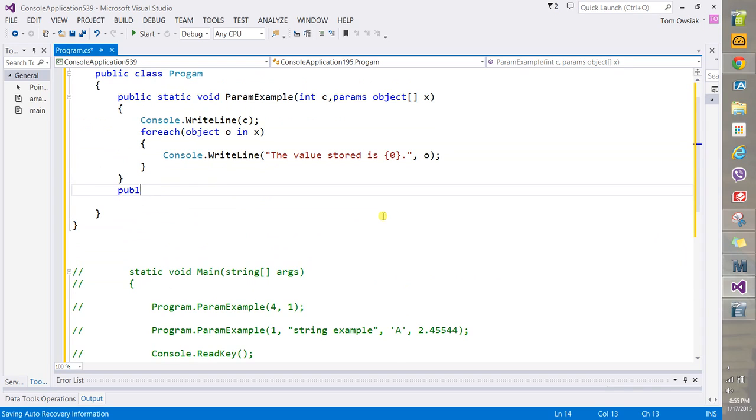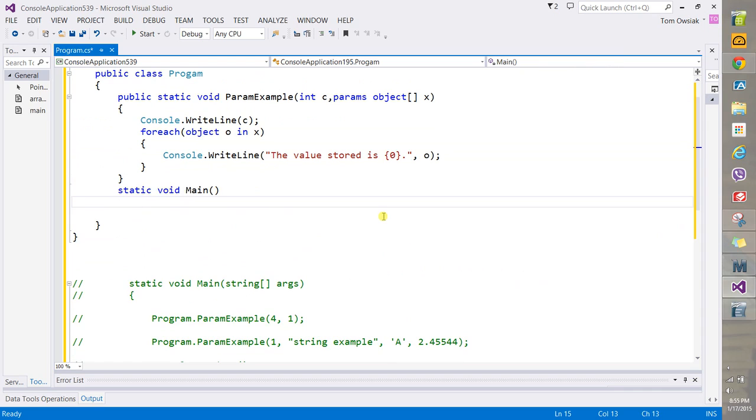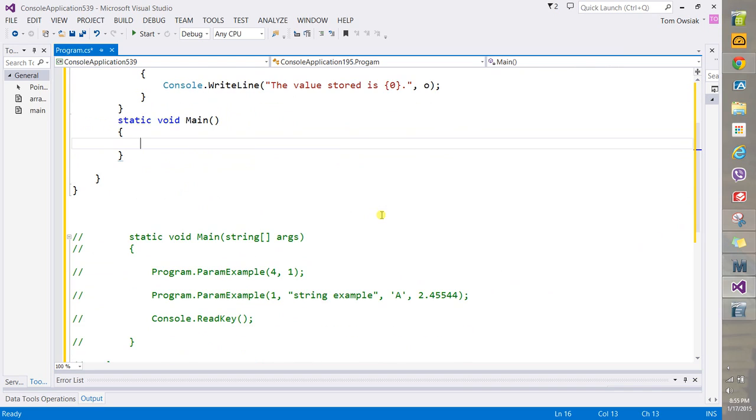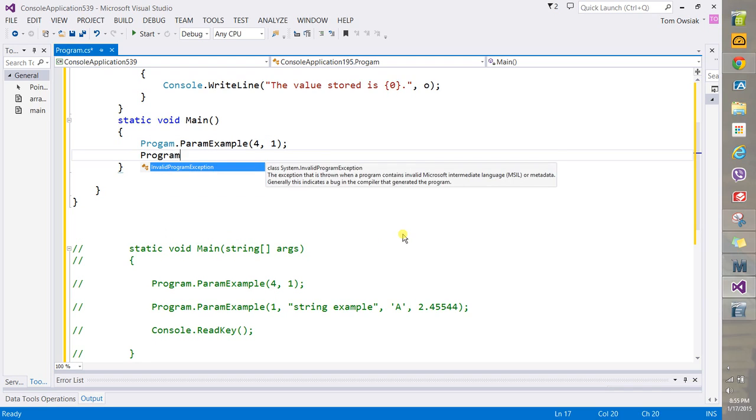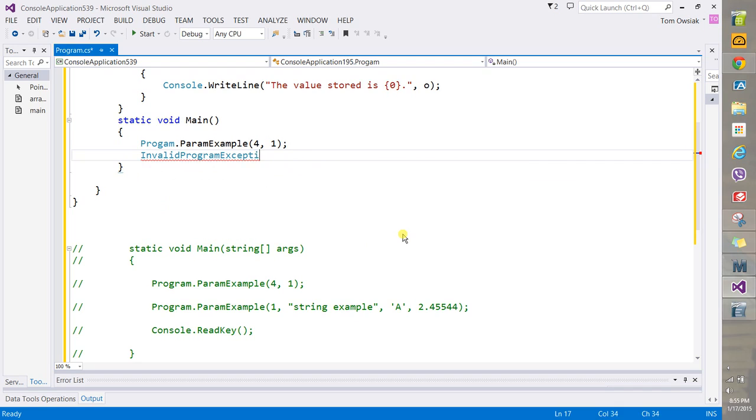Type static void main. You don't need the args always, as I've shown previously. Okay. And now you're going to call it. So you can type program dot param example, which shows up in IntelliSense like that. Specify, for example, 4, 1, and that'll work perfectly well. What about, you can also do this now. Take a look. Program.param example. Let's try that again. Program.param example, and then 1, comma, and then pass in a string, such as, for example,